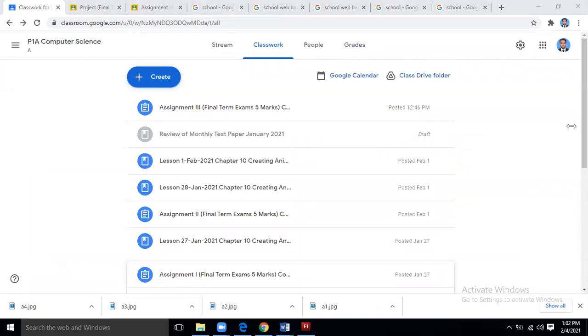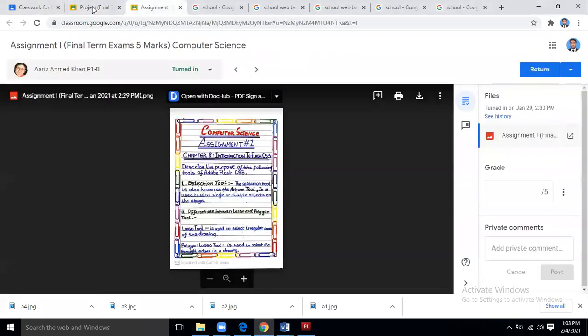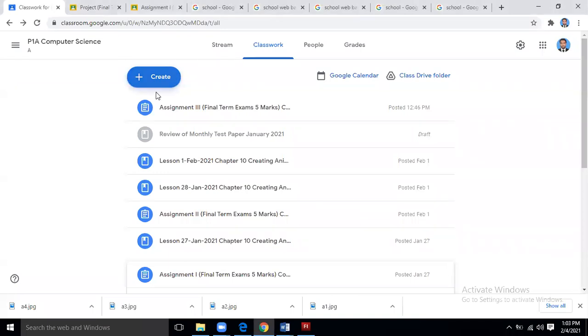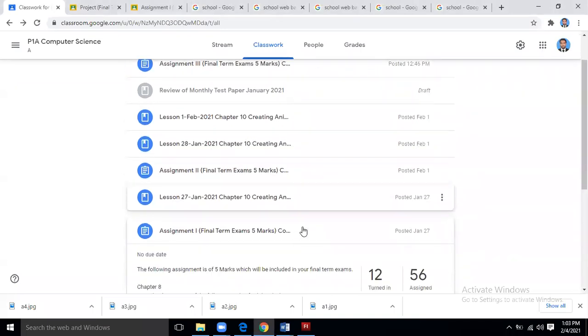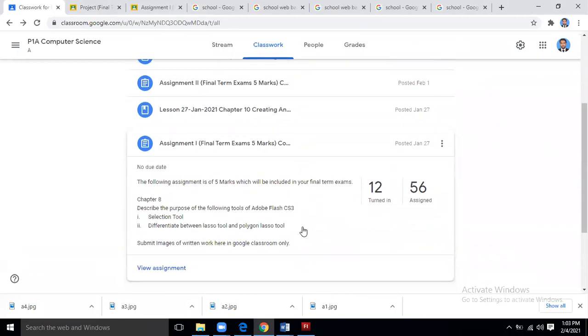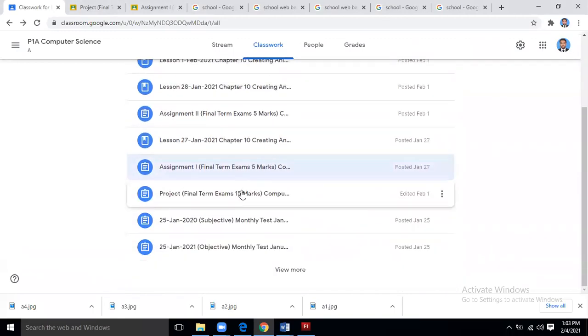Yes, Solaf. Sir, can you please check if my project is working, if it opens? The file sometimes doesn't open on my computer, and whenever I send it, it just shows unknown file. Can you check if it opens with you? You are talking about the project.